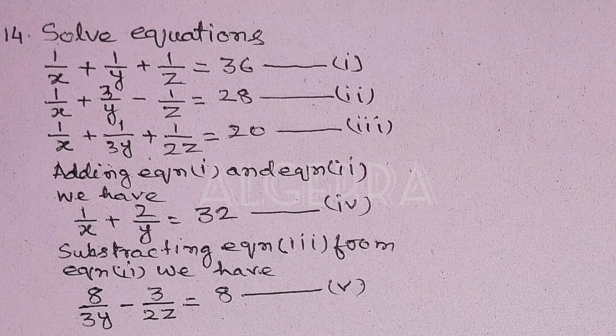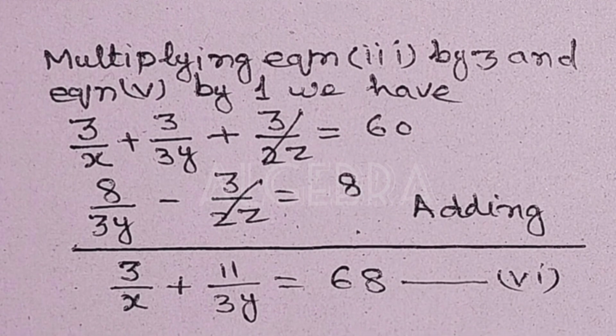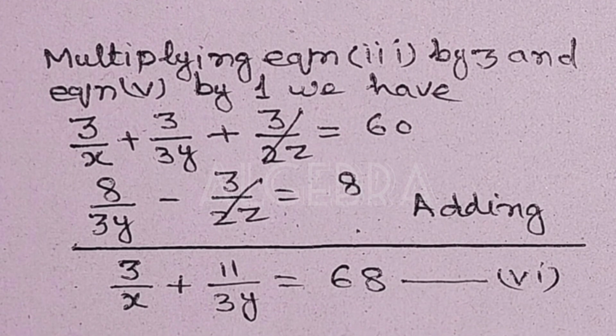Adding equation 1 and equation 2, we have 1/x + 2/y = 32. Equation 4. Subtracting equation 3 from equation 2, we have 8/(3y) - 3/(2z) = 8. Equation 5. Multiplying equation 3 by 3 and equation 5 by 1, we have 3/x + 3/(3y) + 3/(2z) = 60,